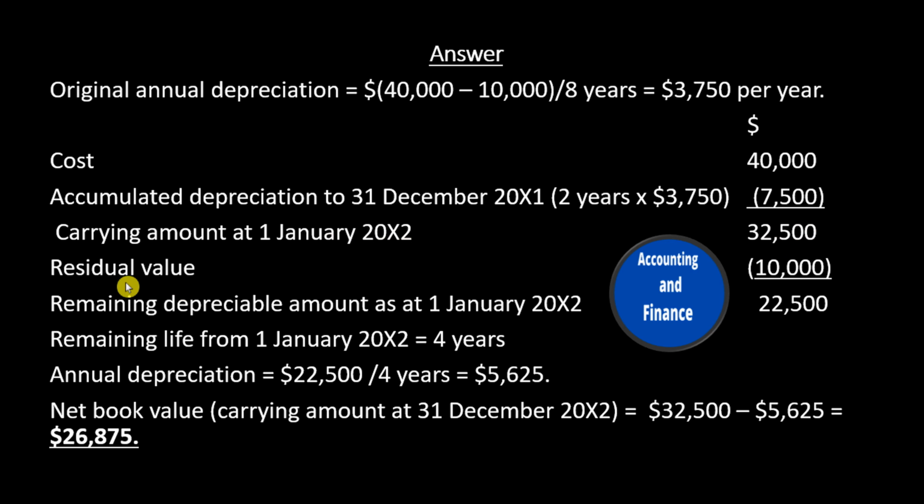$32,500. Residual value, minus $10,000. Remaining depreciable amount as at 1 January 20x2, $22,500. Remaining life from 1 January 20x2 equals 4 years. Annual depreciation equals $22,500 divided by 4 years equals